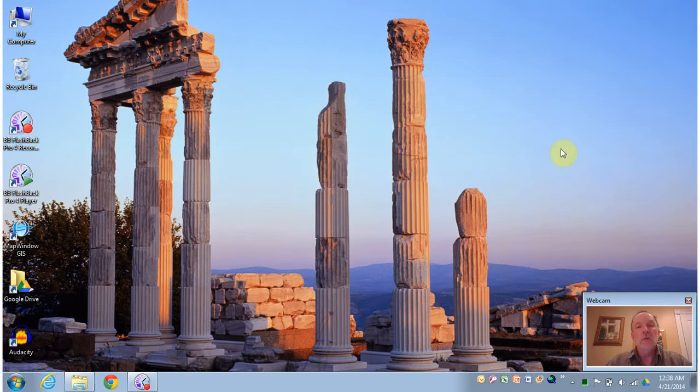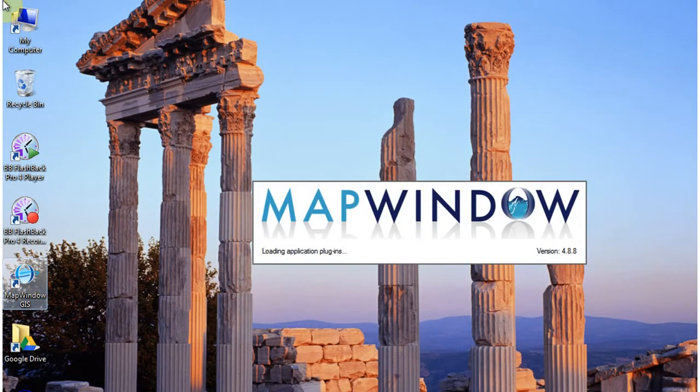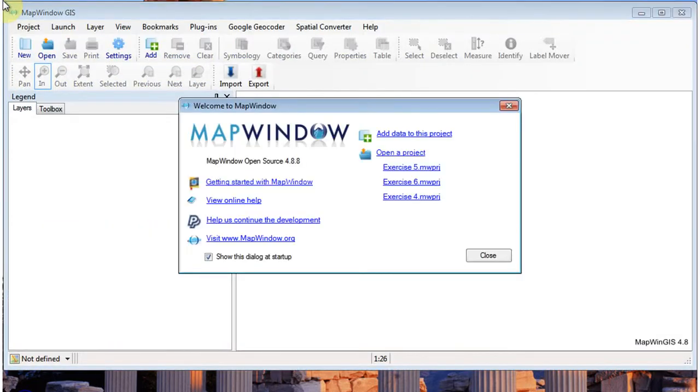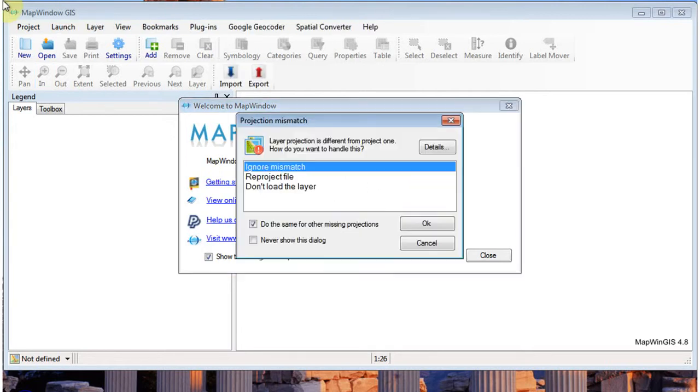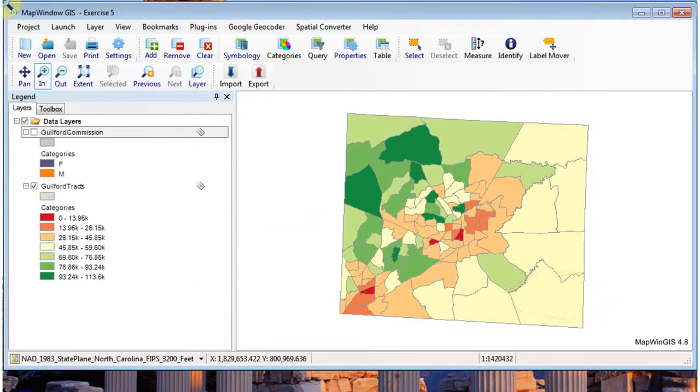So let's go ahead and start off by launching MapWindow. I'm going to open up exercise number 5, and we're going to ignore these silly mismatches. So this is what our map project looked like at the end of exercise number 5. We of course had county commissioners, but most importantly we had our Guilford County census tracts symbolized by the median